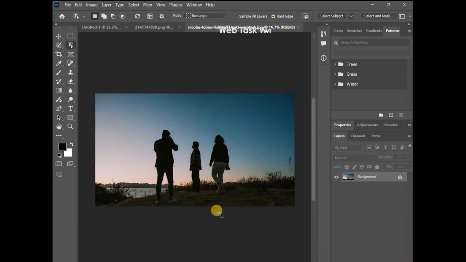Bismillahirrahmanirrahim. Assalamu alaikum. My name is Hassan and today we are going to select object in Photoshop 2025 and we